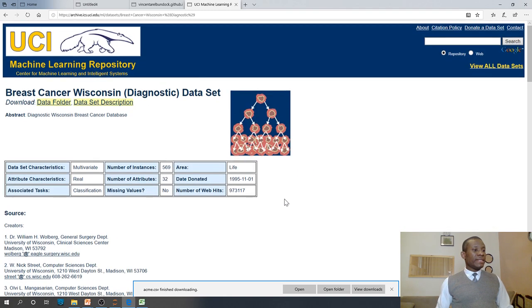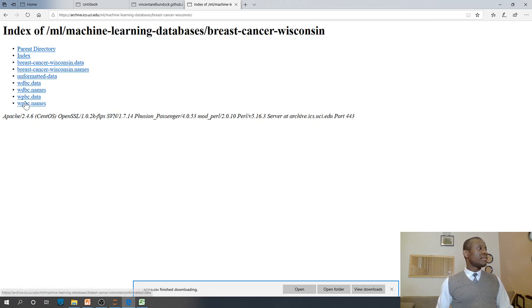To get this data set, you simply go to the data folder and you can see all the data. One thing you need to know is that the data set is in .data format. It's not a program. We can also export and import it. Let's try to use this. You have the unformatted .data. So let's go with